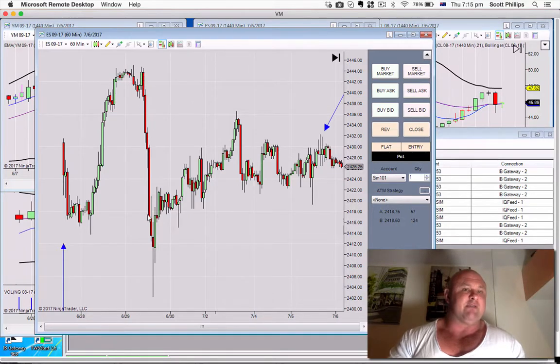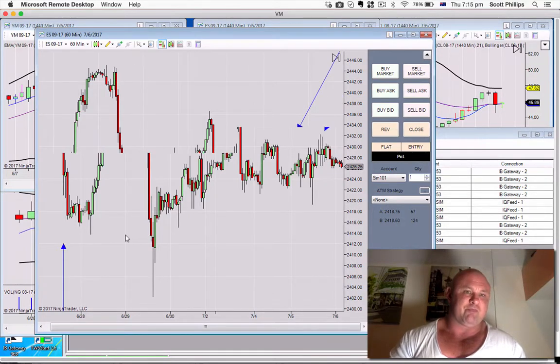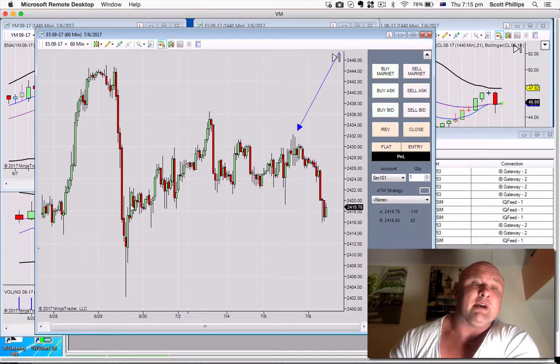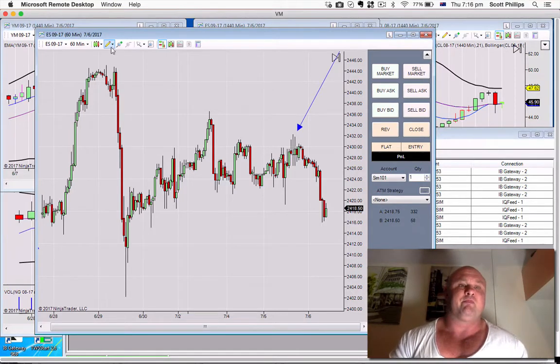You can see the market fell very hard here. Excuse my virtual machine, it's running slow today. And the character of the rally up here is very choppy. So what we see is many overlapping bars, many sequences of one up, one down, one up, one down. We see a lot of overlap. And here we see a fast drop and an attempt to go up again, which fails. At this point here,